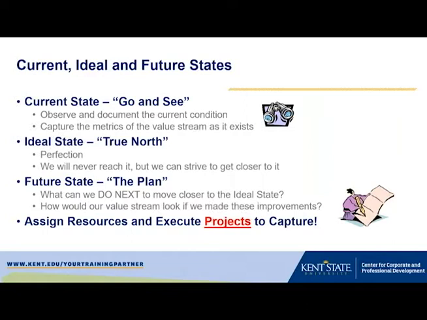And I use the word here, projects. Some people would use the word Kaizen. That's the Japanese word for small change for the better. Maybe they'd say we're going to do events. But the idea here is structured, focused, deliverable type of action plans using scientific method to get from point A to point B, to get from the current state to the future state condition.